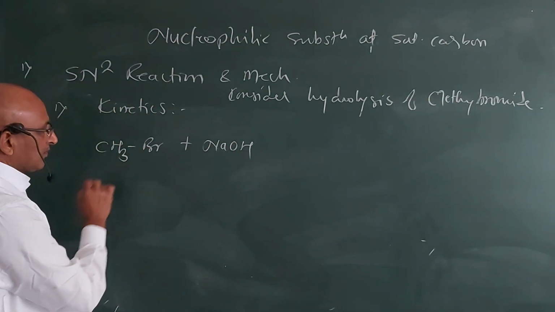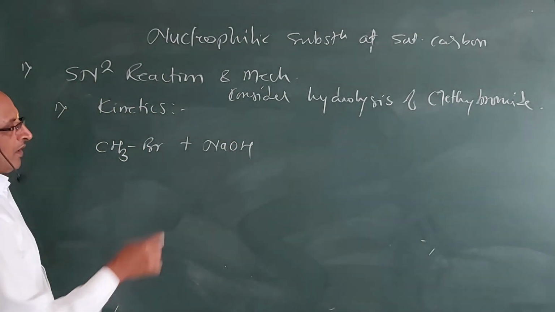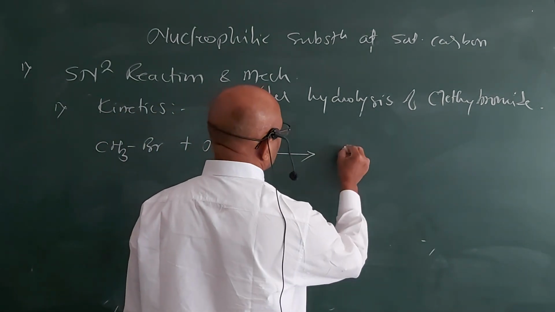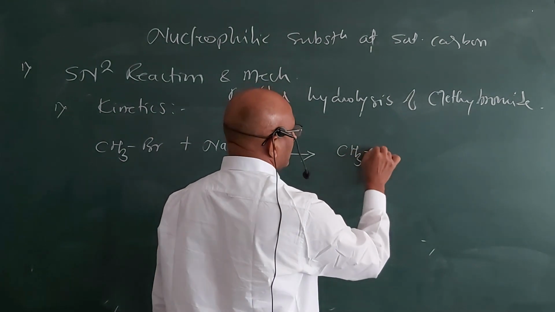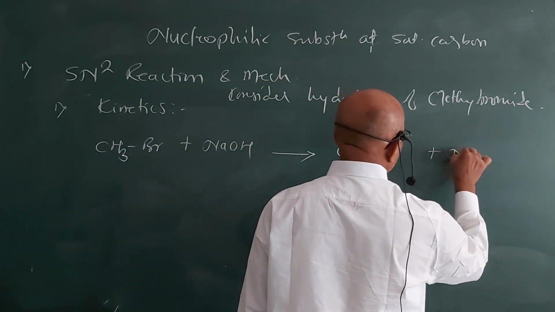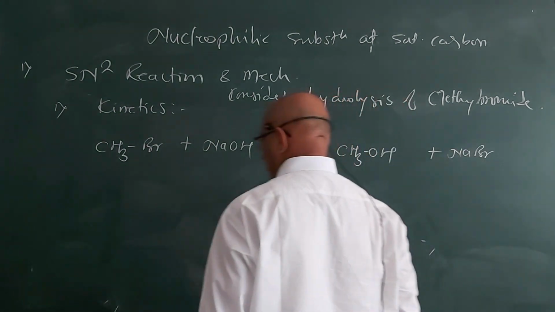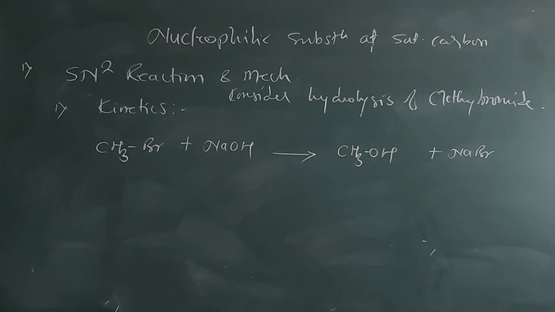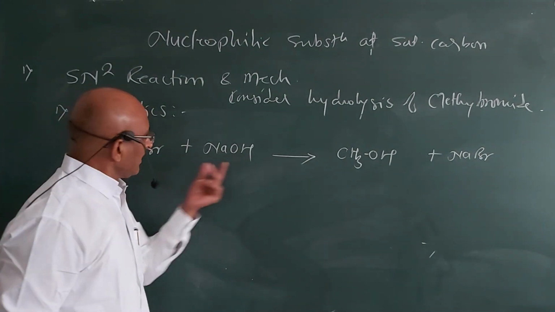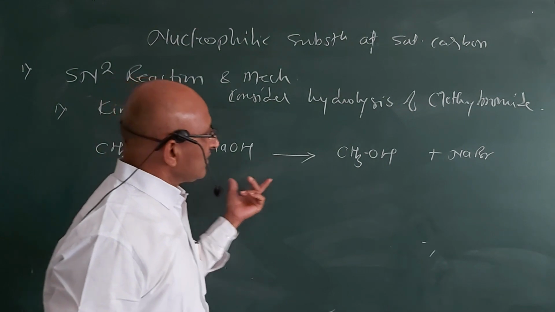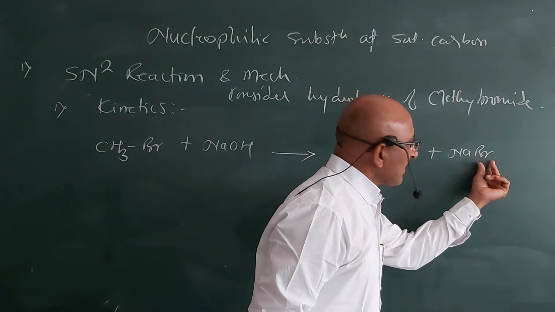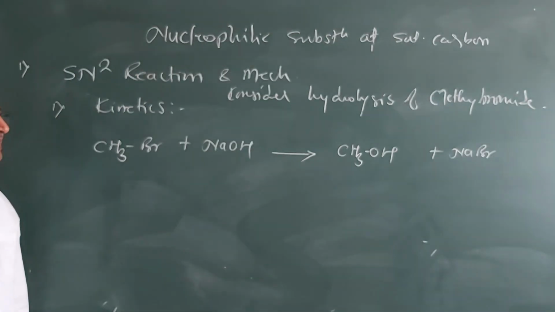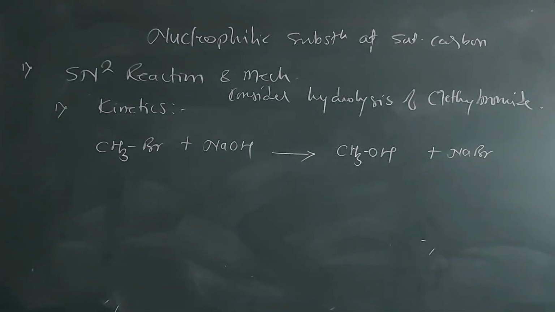So here this is the substrate molecule. Br will act as a leaving group, OH minus will act as a nucleophile, and the product obtained here is methanol plus NaBr. And so this is the reaction: leaving group, nucleophile, this is the overall substrate molecule, this is the reagent, this is the product, and here this Br minus is a leaving group. As the leaving group is weaker than the nucleophile, that's why the reaction proceeds.